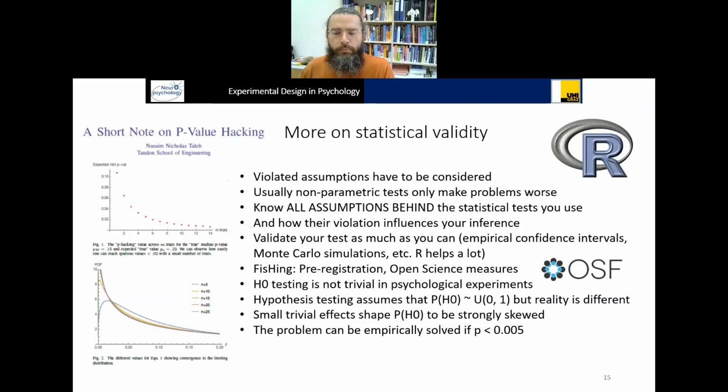Because the problem with false positives is much worse than usually described in statistical books. And in this study here, a short note on p-value hacking, Nassim Nicholas Taleb, this famous author of The Black Swan, among other books, shows in an empirical study, a Monte Carlo study, how